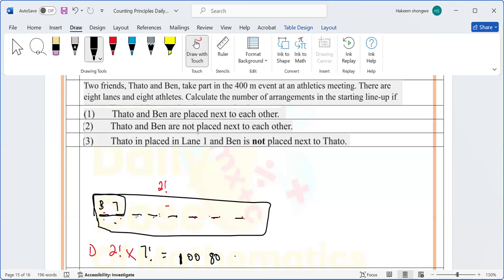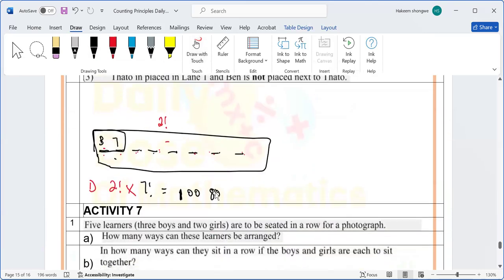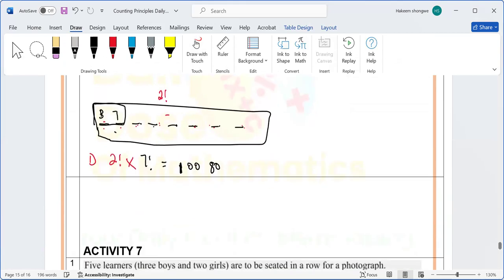So we want the number of ways in which they are not going to be next to each other. Now they are not next to each other. So we said the easiest way to calculate it is to actually say, okay, we know how many ways they can actually be with each other. And then how many different arrangements do we have in total? Regardless of whether they're together or they are not together. We want to check how many different arrangements do we have. 8. You say we have 8. Yes. 8 factorial, not 8.